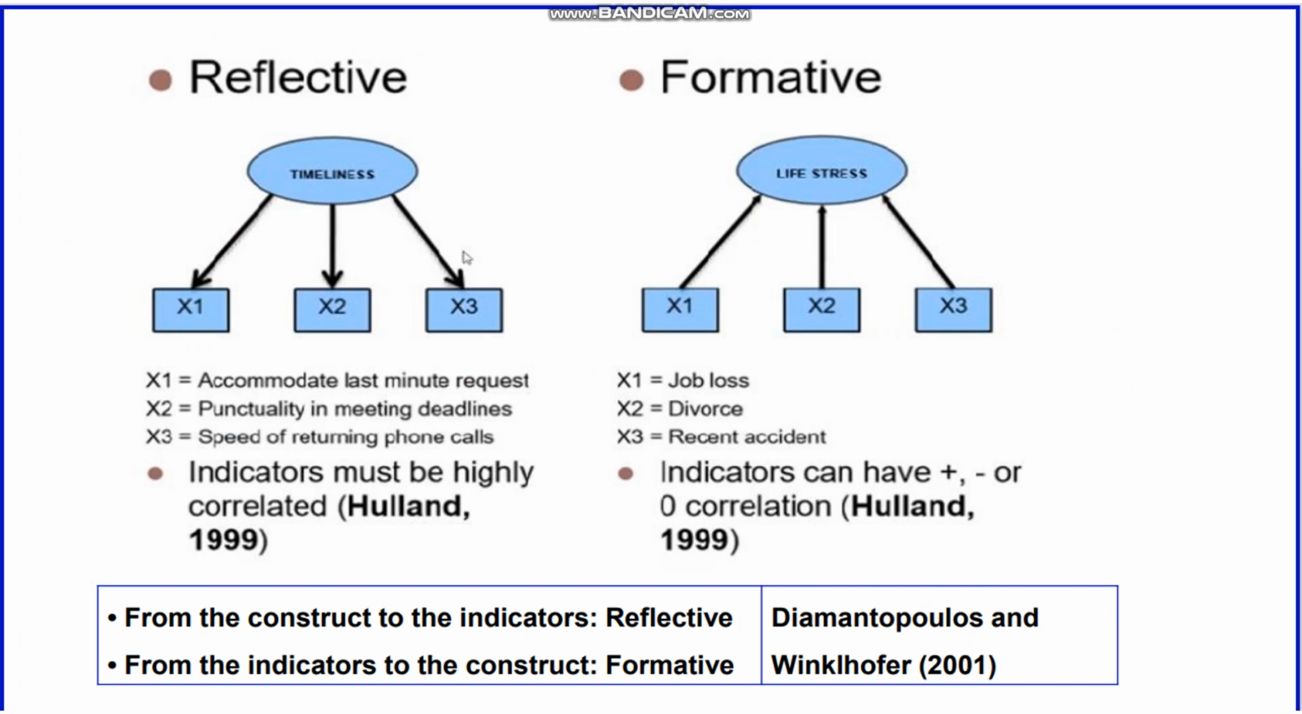Here are two examples of reflective and formative models. In the reflective model, arrows come out of the construct and connect to the items. And in formative